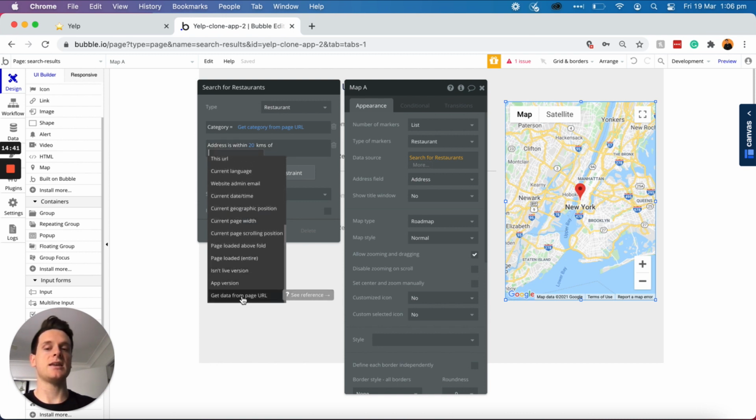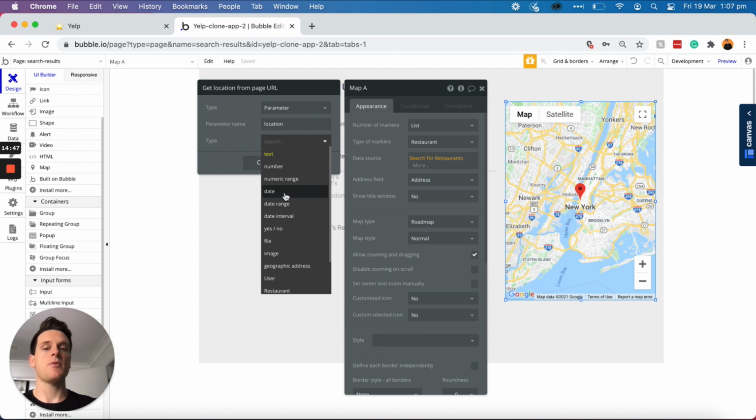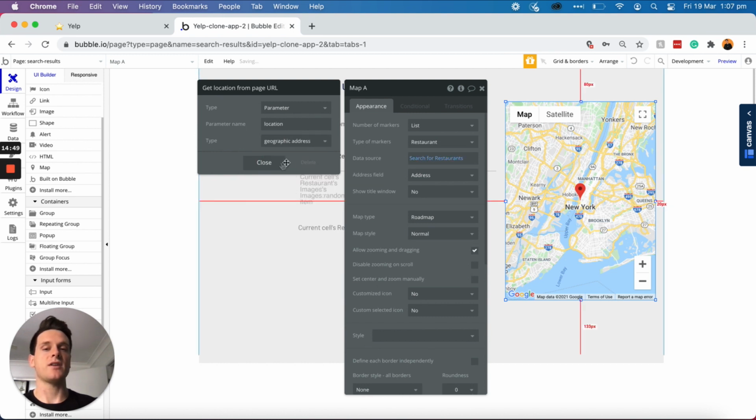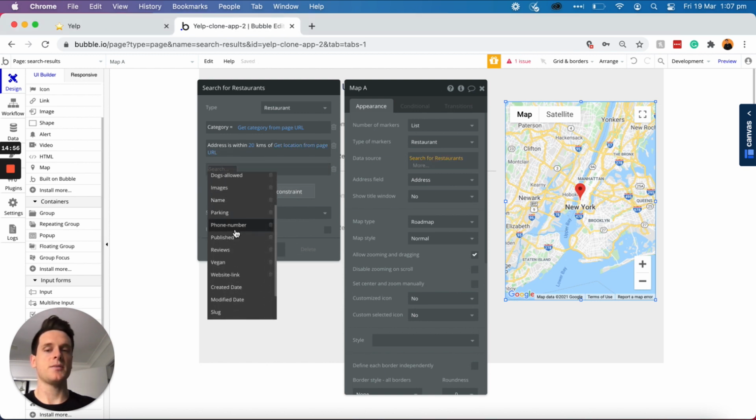So I'll select the get data from page URL option, search for location, and the type of parameter is a geographic address. And then finally, the last constraint I'll need to add is just verifying that the published status of